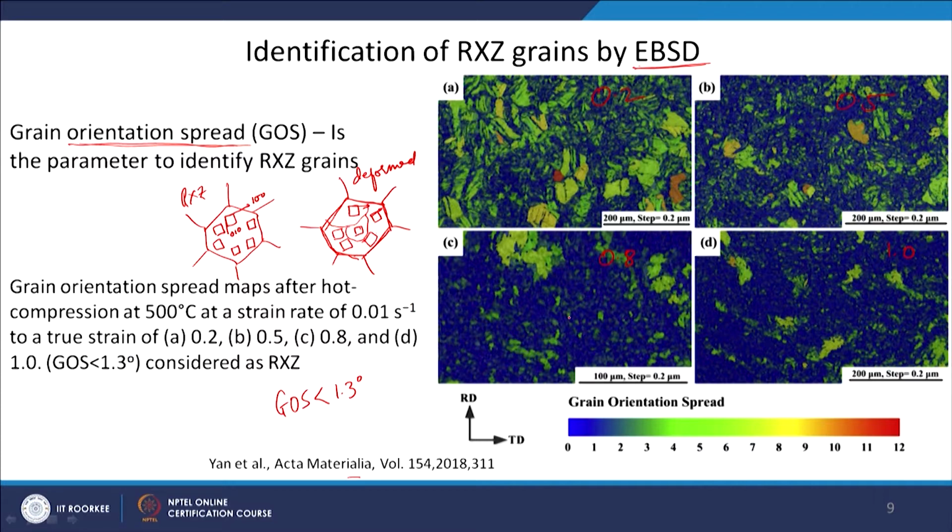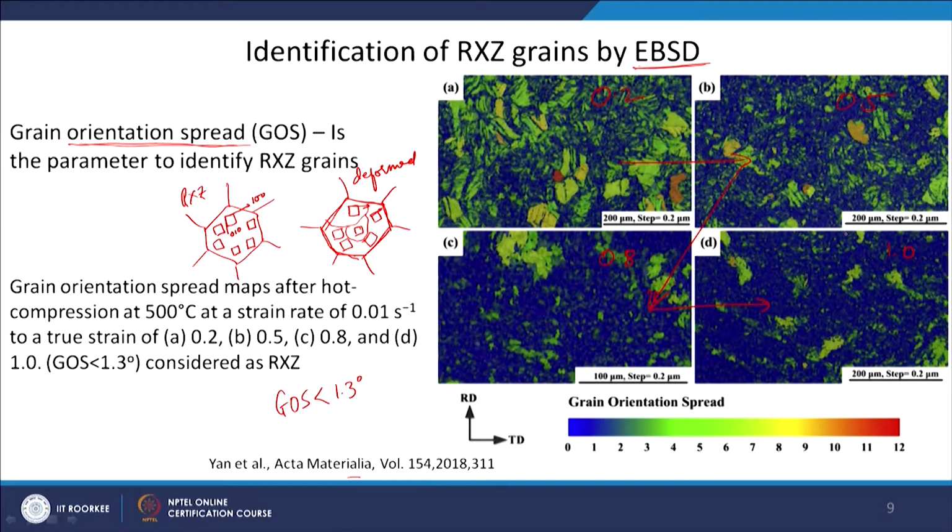They have shown 200 micron as the scale here. So, let us say the image is around 400 or 500 microns in the x direction, and maybe around 300 to 400 microns in the y direction. And you can see how it is progressing from here to here to here, that the recrystallization fraction is continuously increasing as you put more and more strain. So, you can understand that recrystallization also increases as a function of strain.